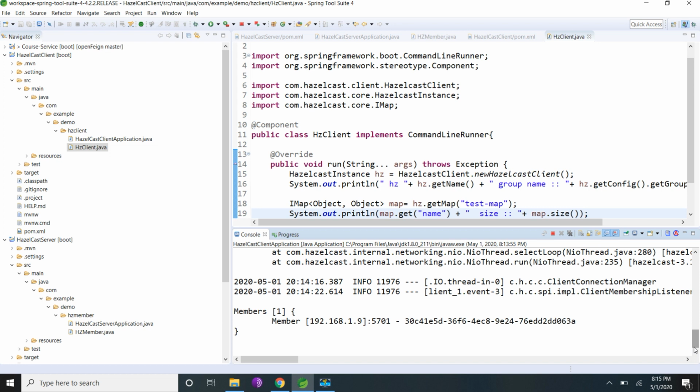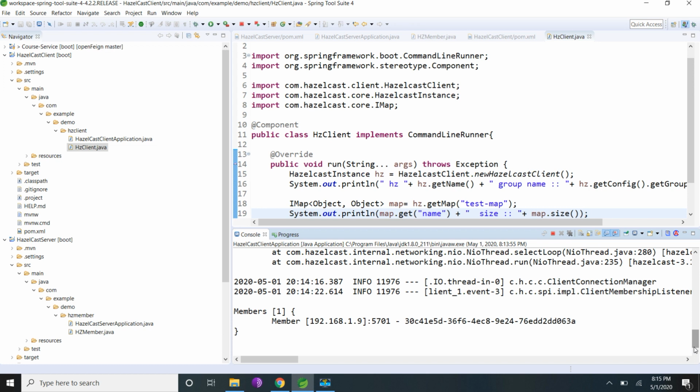Hazelcast creates 271 partitions. If I start only one instance, all the data will be stored in the first node, from 0 to 271. But if I start one more instance, the data will be shared between both the nodes, and we will be having duplicate backup data also. Even if one node goes down, it will be able to get back the data. That's why even though I am bringing the nodes down, I am still able to get my map of size 4.